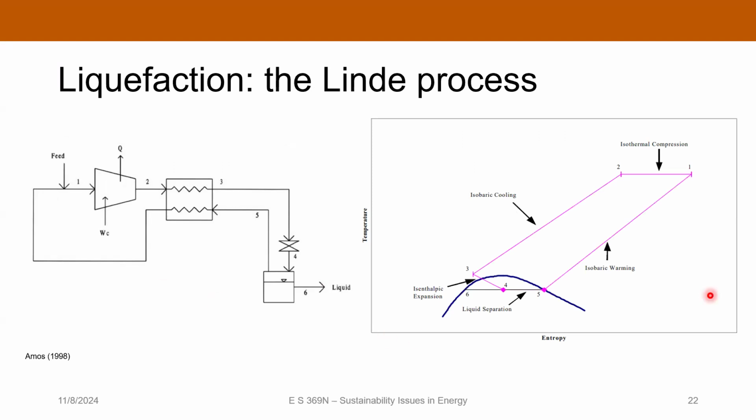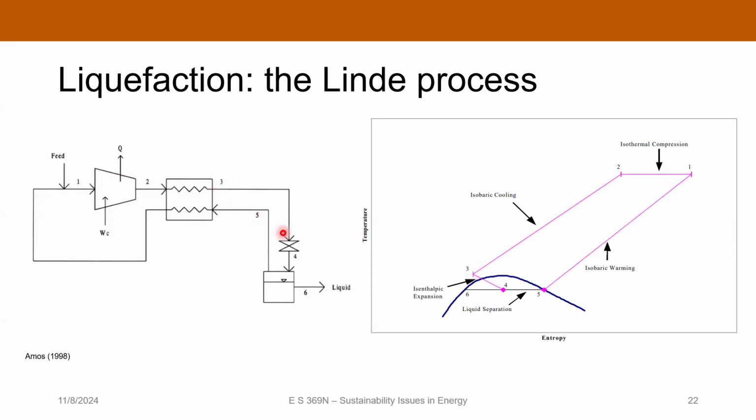The basic idea is, if you look on a temperature entropy diagram, you start off over here at your initial point. This would be normal temperature and pressure, where you're well within the gas region. You go through a compressor where you do isothermal compression. If you're looking at the cycle, that's where the compressor is. Then it goes through a heat exchanger and undergoes isobaric cooling, so you follow one of the isobars down to some point. And then